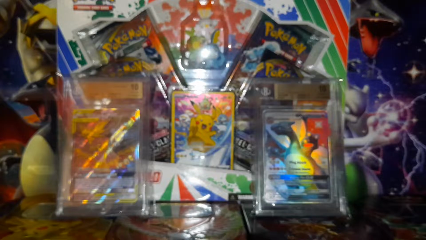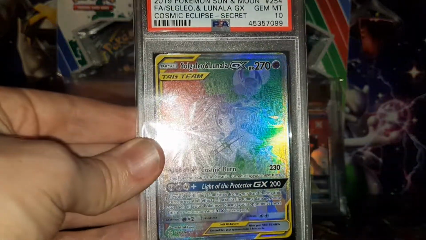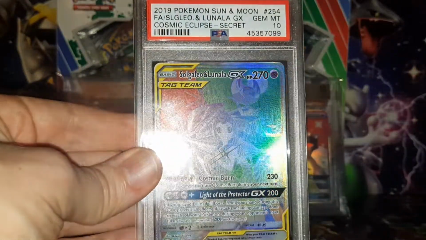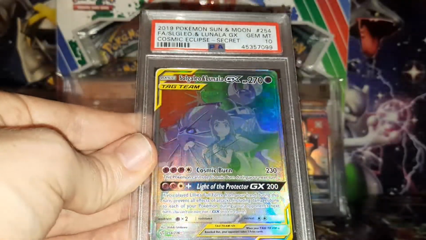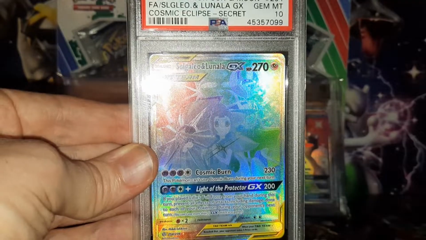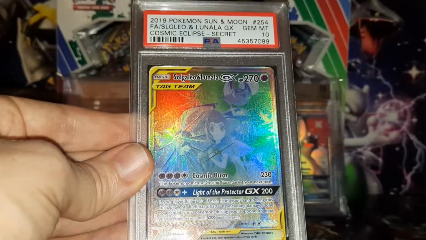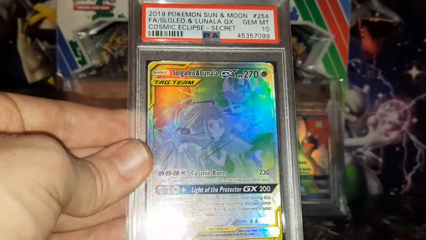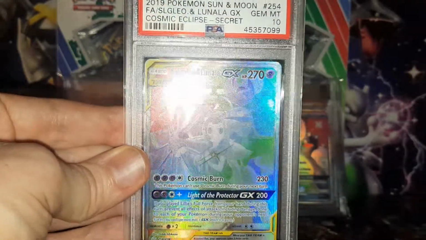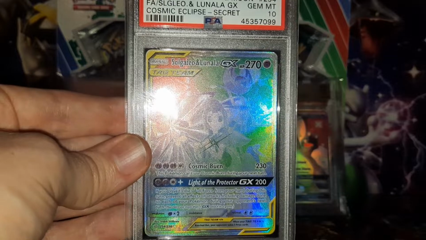This is the Cosmic Eclipse Solgaleo and Lunala Secret Rare, Gem Mint 10. I did pull this on my own and sent it in. I think I even started out Cosmic Eclipse with this card. I think I got it from the Elite Trainer box right away, so I was pretty happy to have a good pull from an Elite Trainer box and then have it be a